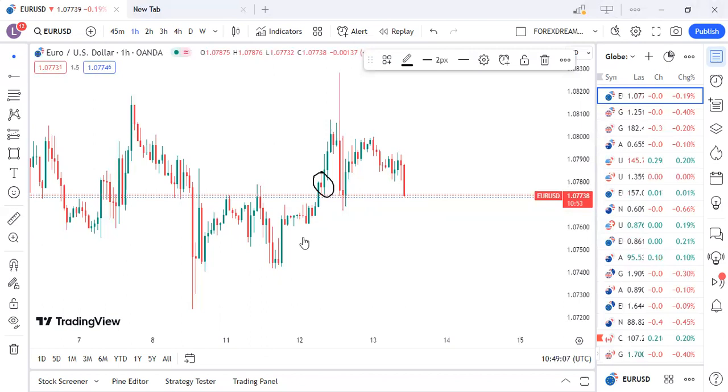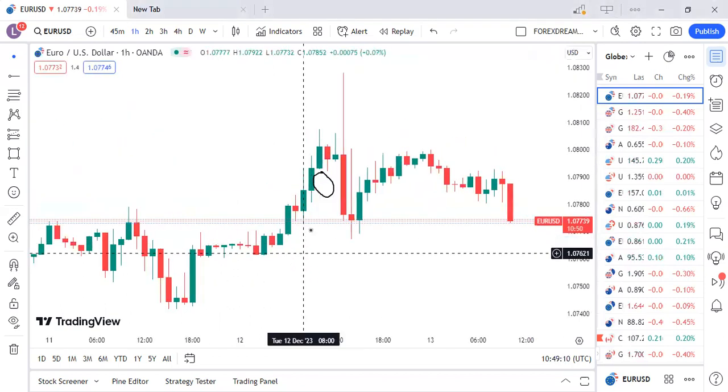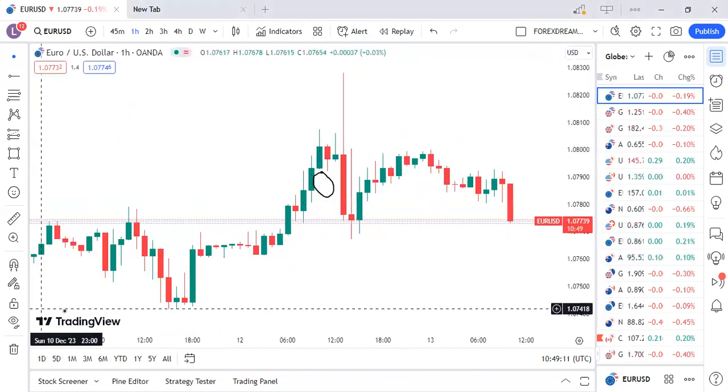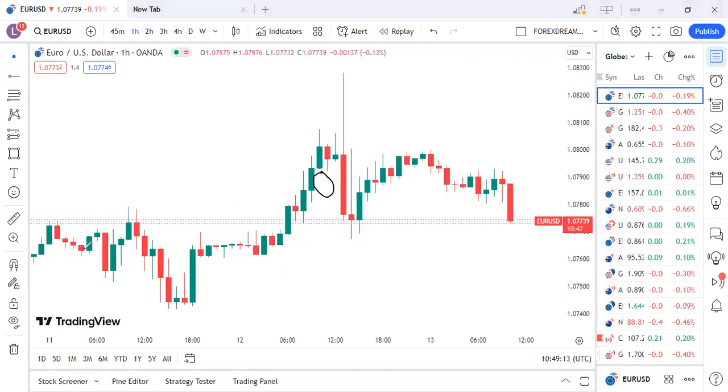I'll zoom in. Yesterday we had news. It was CPI yesterday. This is what happened before the CPI. The market pushed all the way up. We came back down and then we closed on this potential continuation pattern. And then above, we have the supply and demand in the beginning of the new trend. But I'm going to talk about the supply and demand soon. Now we're going to focus on the support and the resistance. But I'm going to show you what just happened here.